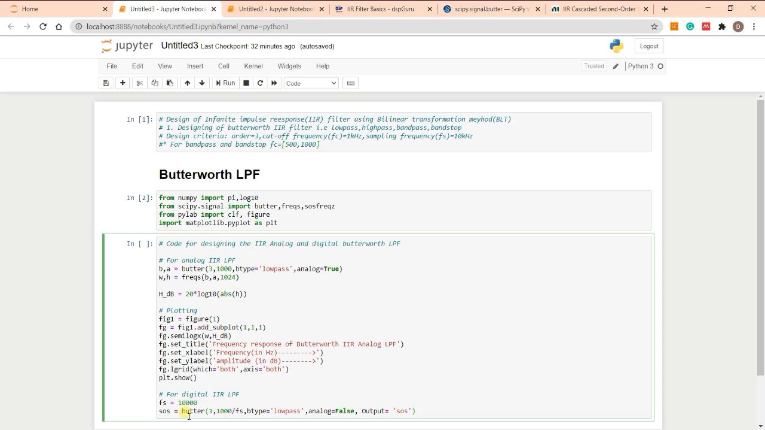Second order section. I will tell you when we are going to see about the butter, what these parameters stand for. In that time I will tell you about SOS, and I will clear your doubt at that time. Okay, so